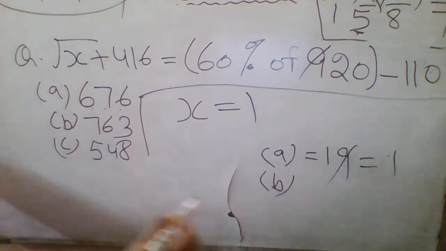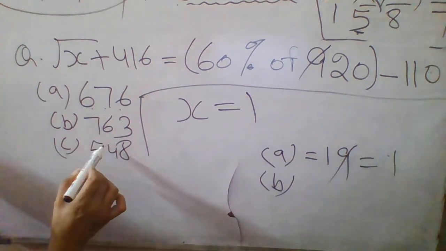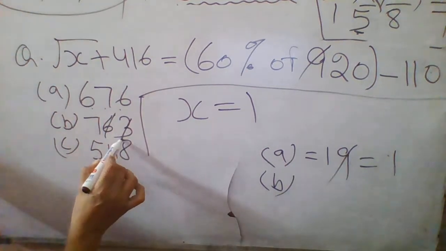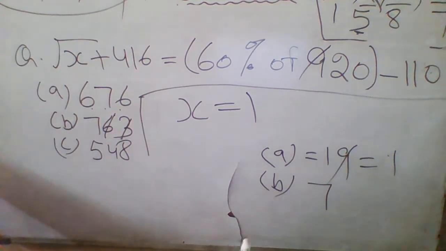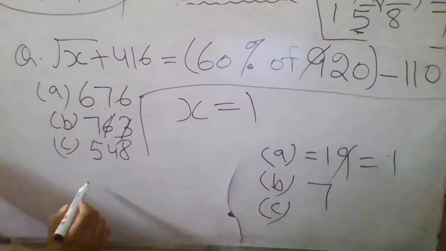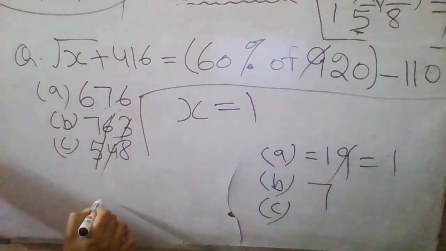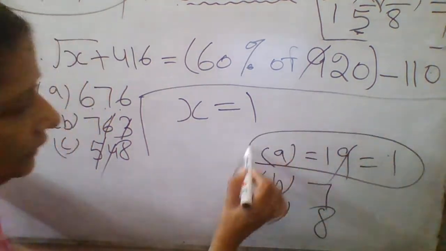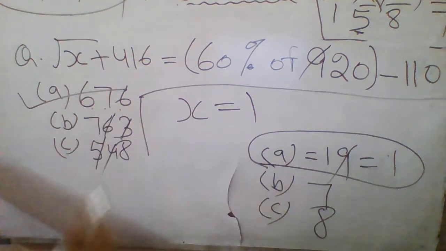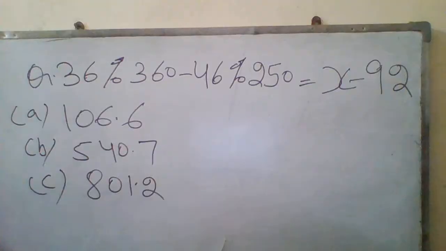Now what is the DR of B option? Now see, 6 plus 3 is 9, you cut, so 7 is left. In B option you got the DR 7. In C option what have you got? 5 plus 4 you will cut because that will be 9, so 8. Now where have you got 1? You got 1 in this A option only. So you will tick mark this as the correct option.